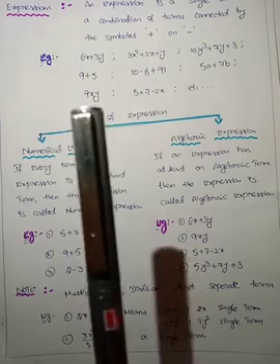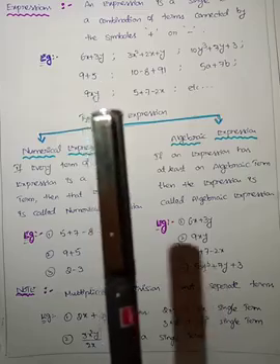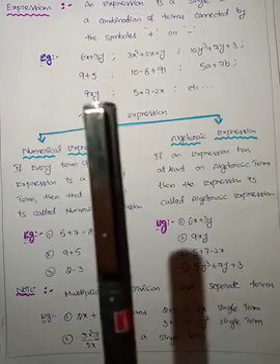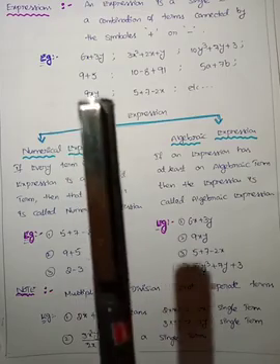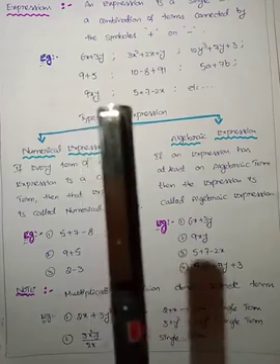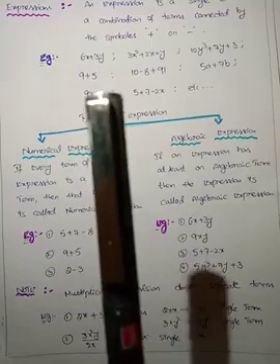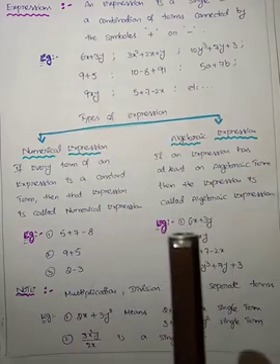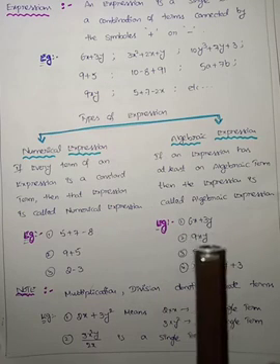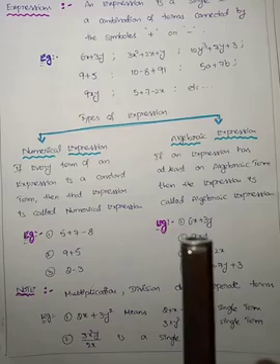9xy. Between the 9, x and y, there is no addition or subtraction. Between these constant and variables, there is a multiplication. 9xy means 9 into x into y. It is a single term, that is 9xy. Here there are variables x and y, so 9xy goes to the algebraic expression. Here are some examples I am giving. 6x plus 3y and 9xy. 5 plus 2 minus 2x, 5y cube and 7y plus 3. All these are algebraic expressions.